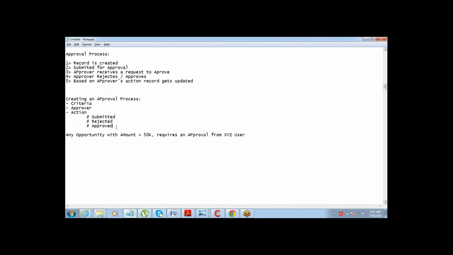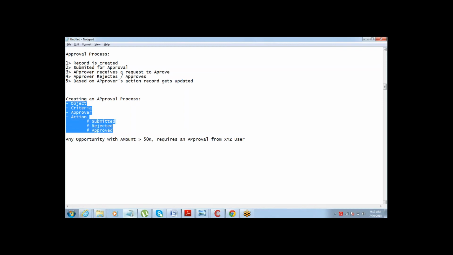Criteria. What is the criteria here? Even before criteria, you just have to define the object. Can we break this requirement into these things to answer these questions? What is the object here? Anyone quickly?